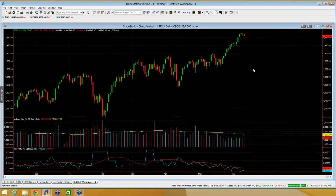So that's number one. We're in an uptrend, but I'm not expecting immediate term upside from here because of the fact we've made a good move and we've gotten to a price level that historically over the last few years, these midpoint marks between hundreds, 1900 to 2000, 1950, 1800, 1900, 1850, I just showed you guys, have caused pauses in the market, but they haven't caused absolute downturns or reversals of the uptrend. So I guess you could say my market outlook is expecting consolidation in the immediate term, possibly even a near-term top, but overall there isn't a reason to be bearish outright, and I think that the market does continue to